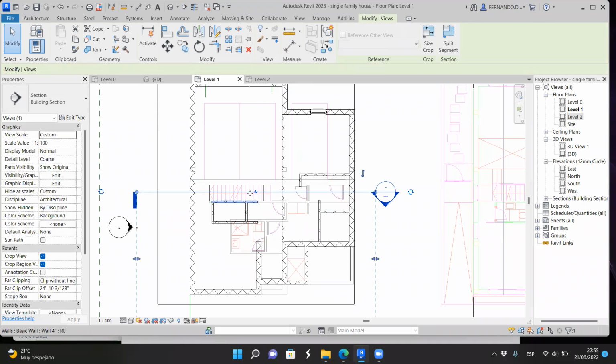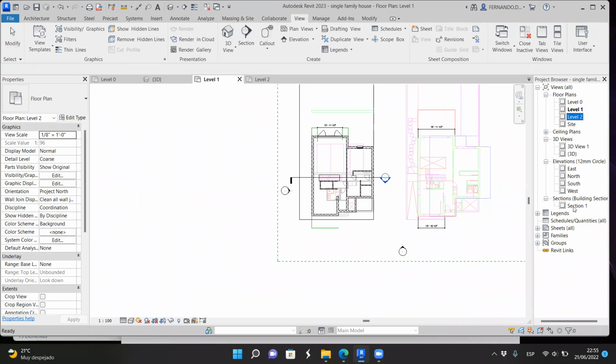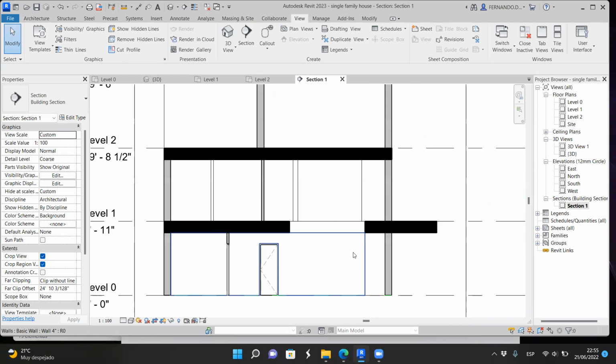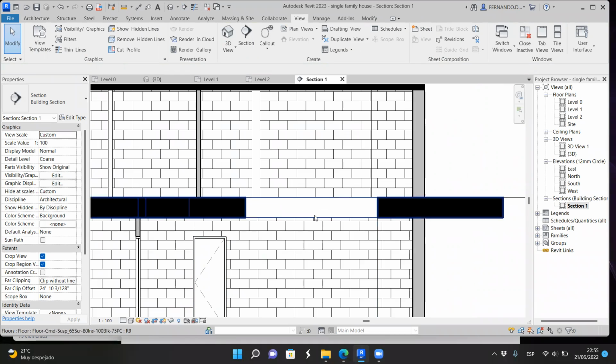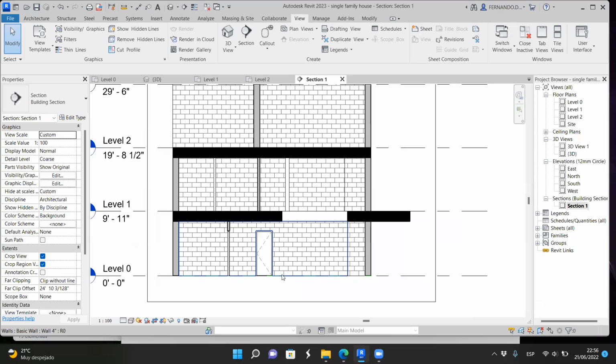We can either look at this side or at the other side. Okay, that's fine. And now in sections, we have section 1, and this is the section. Okay, so this is the basement, and this is the first floor,